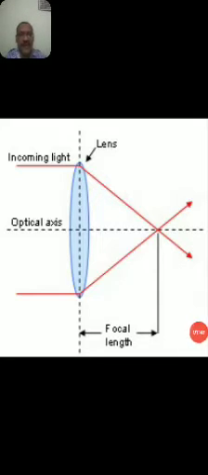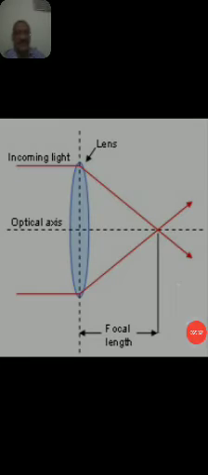If you look again at the diagram, the red color line is the incoming light falling on the lens, and the horizontal dotted black line is called the optical axis. The red line falls on the lens from the left side, converges, and meets the optical axis on the right side of the lens, as shown in the figure. Therefore, the distance between the vertical dotted black line and the red color intersection point is called the focal length of the lens.